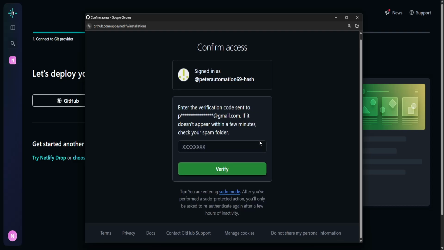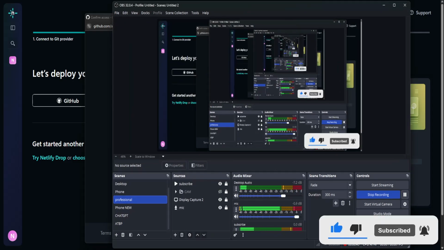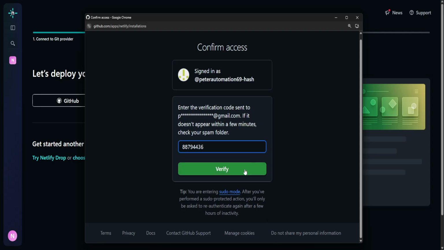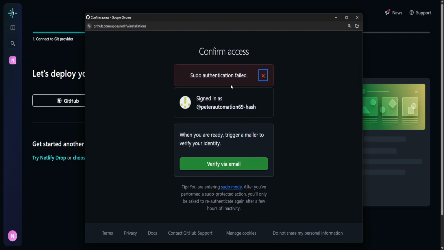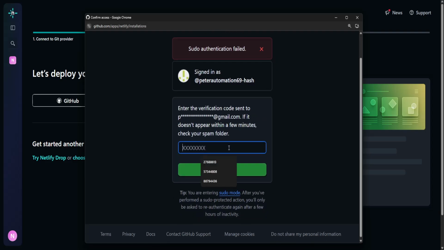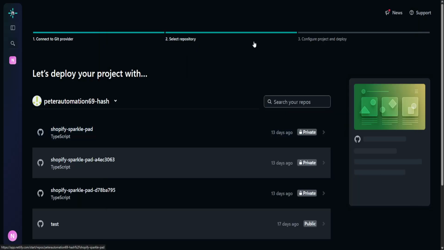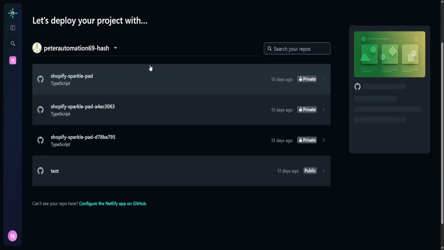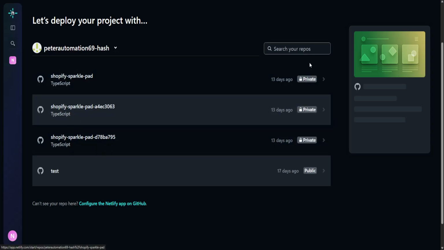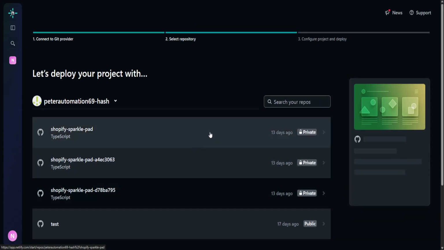So I'm going to click that and just type the code here. Okay, so just like that, I'm going to click on verify, and it's going to give me this error, so I'm going to need to do it again. All right, so I accidentally put the previous code, which I went and got on my email. Anyway, so now that I use the correct code here,